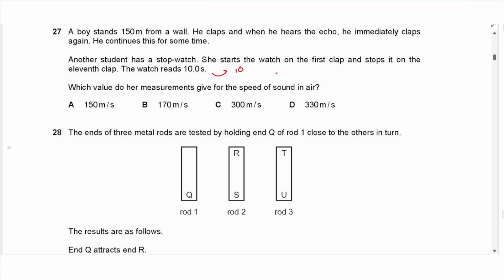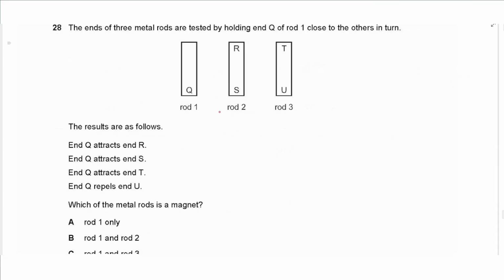So 10 divided by 10, that's the time for one sound wave to go and come back as an echo. So the time is equal to 10 divided by 10, which is 1 second. And for an echo, we need to calculate the speed of sound in the air. The speed for an echo is equal to twice the distance over the time, going backwards and forwards. So we have 150 times 2, and then we divide by the time for one interval, which is 1. So we get 300 meters per second. So we choose C. Question 28 says the ends of three metal rods are tested by holding the end Q of rod